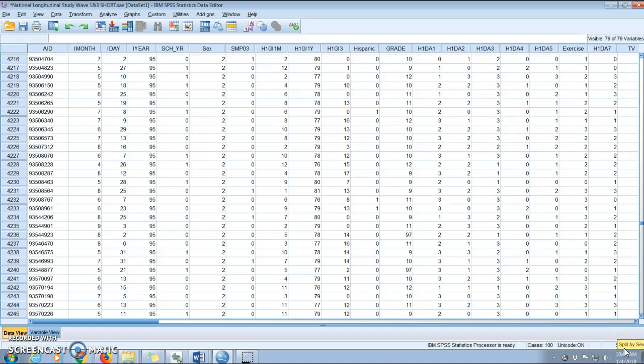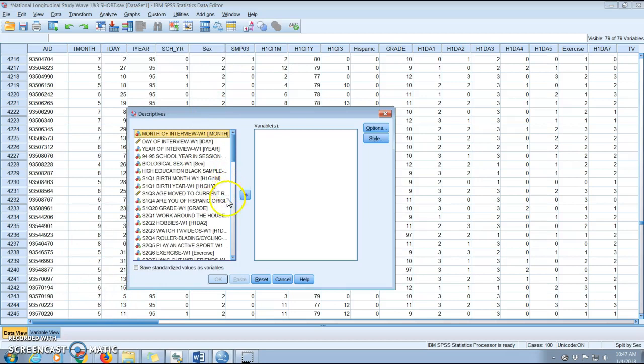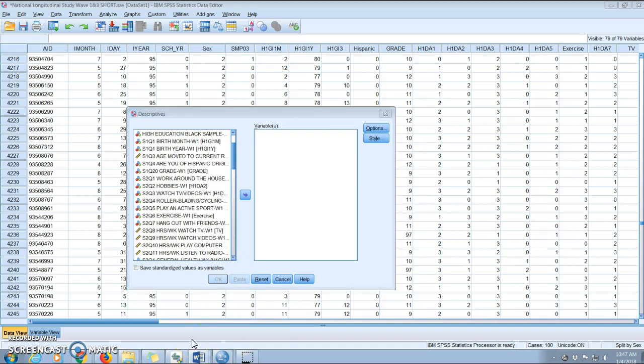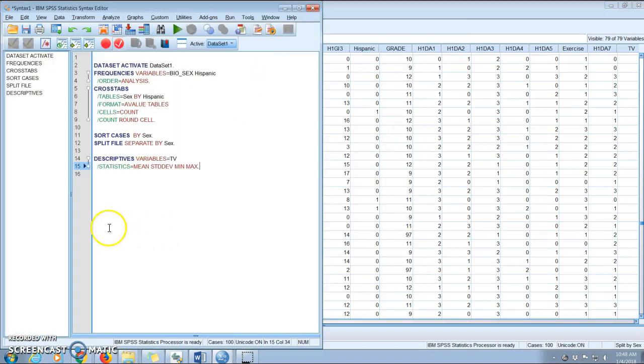by sex. So now, when I do analyze, I can just go to descriptive statistics, and I can just run descriptives. Okay, so descriptive statistics, and I want it for, what did we say, video or TV watching? I'm sorry, I can't remember. Okay, it was for TV watching, so I click on TV right here. I shoot that in here. I hit paste, go to my syntax window, and you can see that I've asked for the descriptive statistics for